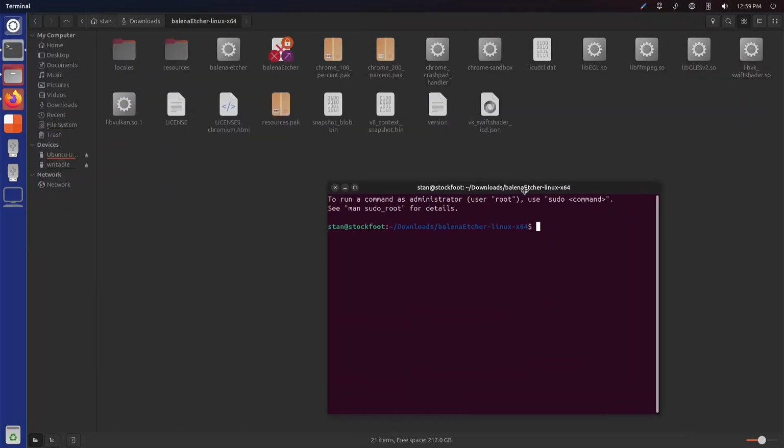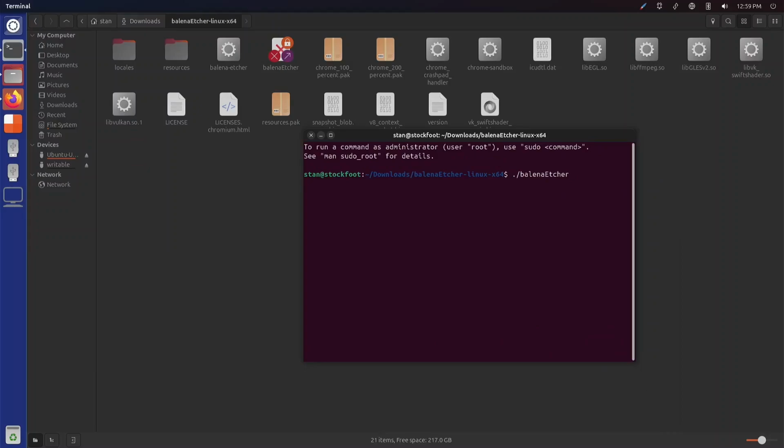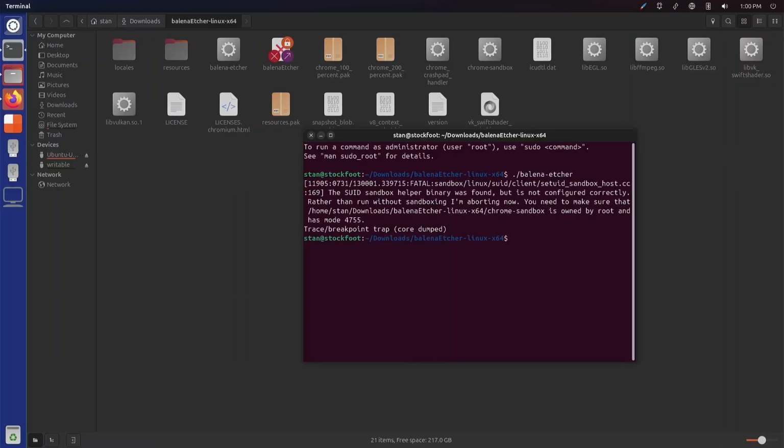Let's see here. Oh, by the way, pressing the up arrow key in a terminal will usually bring up the previous commands. Okay. Here, all right. New plan. Dot slash Balena slash Etcher, or dot slash, you know what I mean.